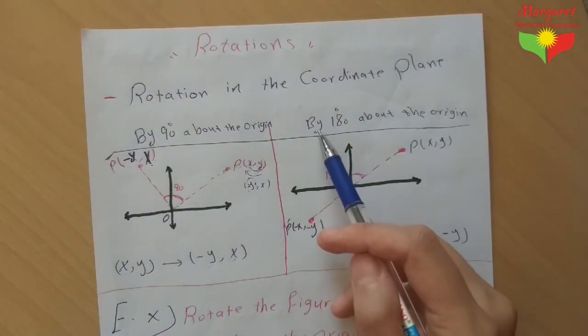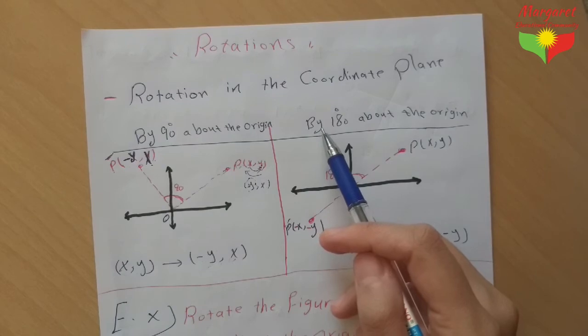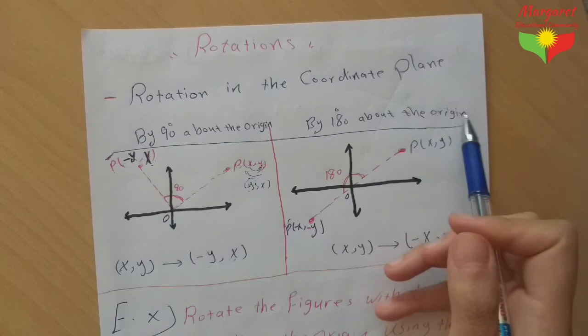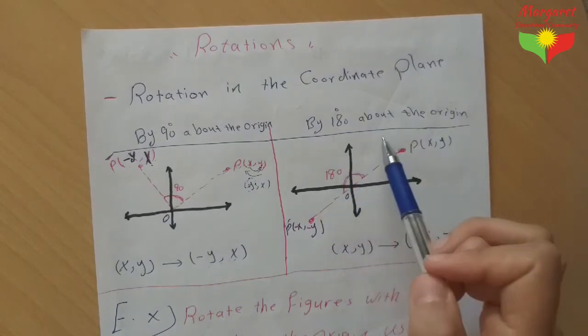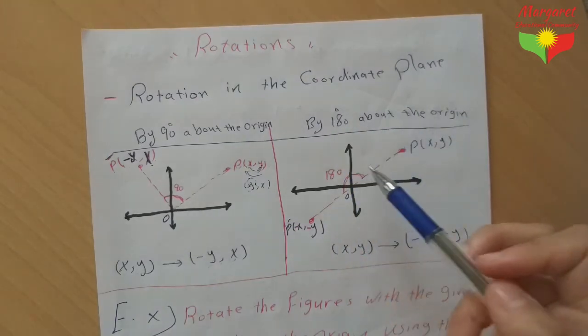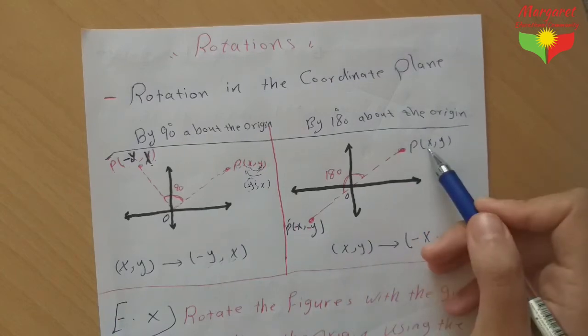And the second type of rotation in the coordinate plane is called by 180 degrees about the origin. For example,